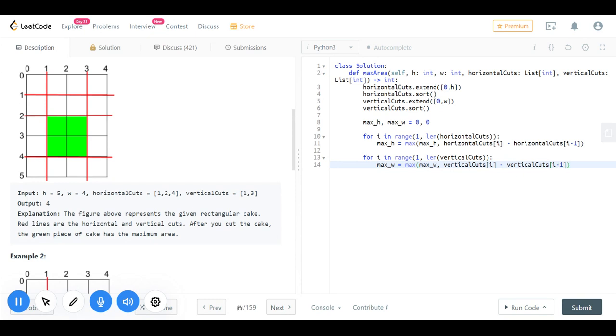Okay. So after this loop, we'll be getting maximum w as well. So as we know, the formula for the area is maximum length into maximum breadth. So we are going to return directly max h into max w.